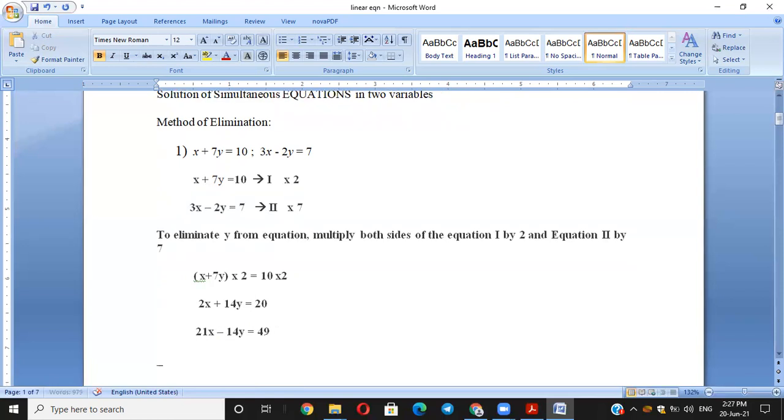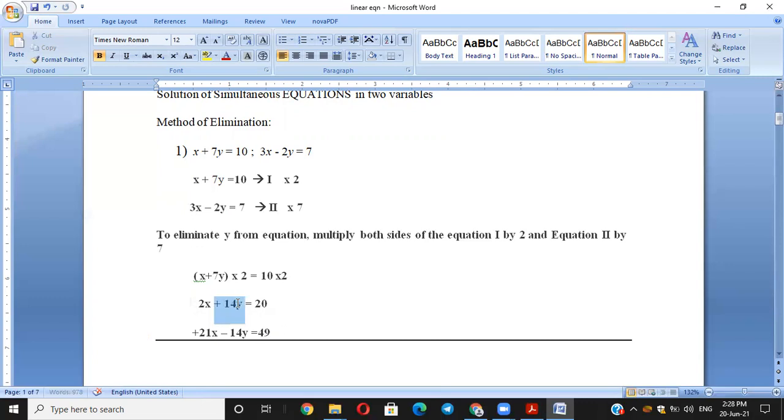Now let us add these equations together. Okay. Now if I add them, understand that one is plus 14y and the other is minus 14y. So plus 14y and minus 14y will get cancelled. Here there will be a plus sign. Understand it. Plus sign means adding them. Plus this plus will get multiplied with minus here. Plus into minus will be minus only. So this will remain minus. And plus into plus here will be plus. Because the sign of 49 is plus, it will remain plus. Right? So I'm adding them.